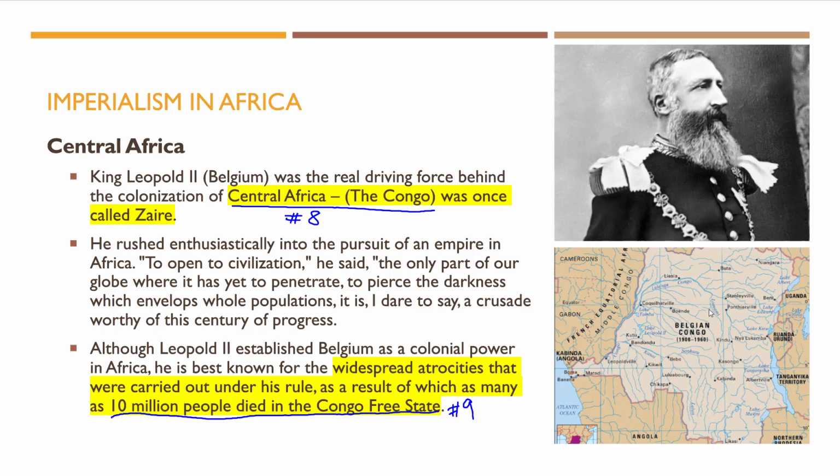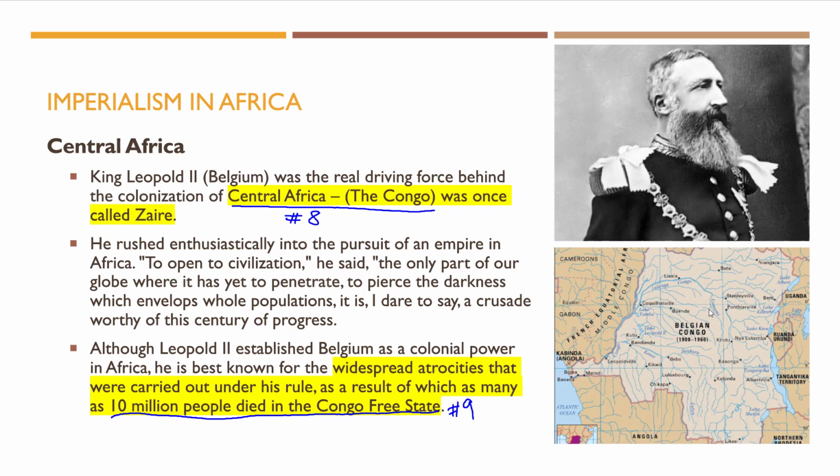However, he was, how can I say, not a very benevolent ruler, because in his eyes, he wanted to civilize that area. He saw it as somewhere that was steeped in darkness, where the populations were ignorant of European civilized life, and he figured that it was his pursuit or his crusade to civilize that